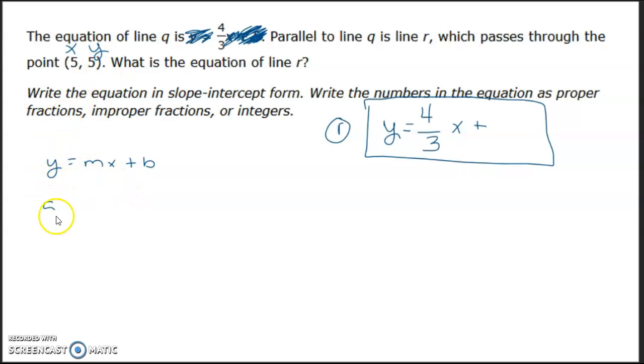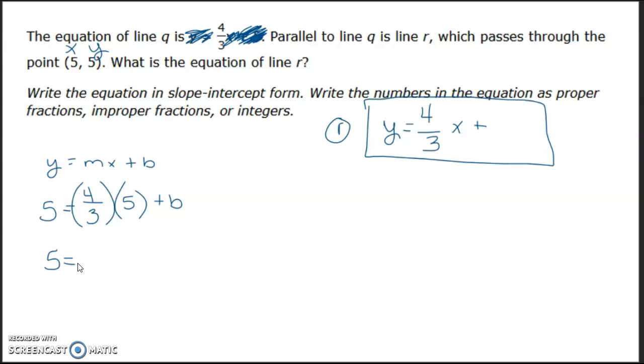Y is 5, m is 4 over 3, x is 5, plus b. Might need your calculator for this, so go ahead and pull it out. So we have 5 equals 4 divided by 3, which is 1.33333 repeating, times